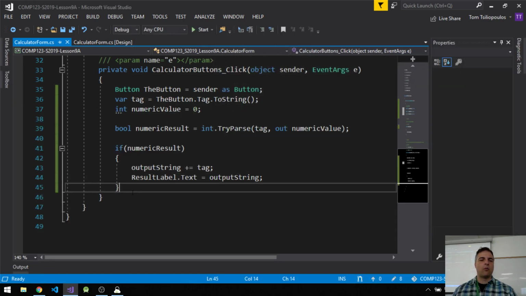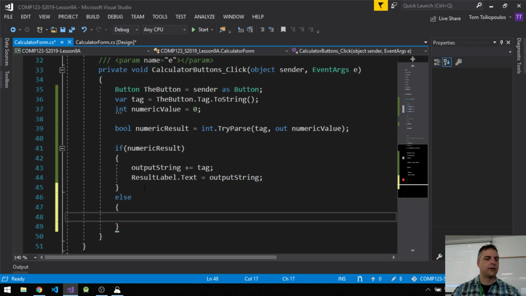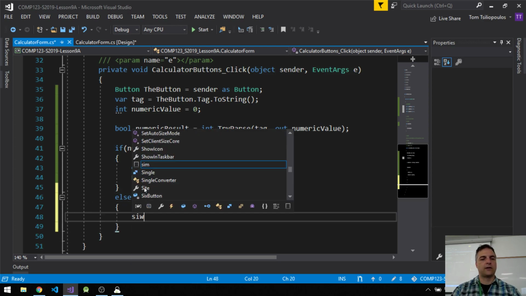First of all, I want to say that if I press a non-numeric button, there are going to be four different results, right? The done, the clear, the back, or the decimal. Does that make sense? Back, clear, done, and decimal. So let's do that. If it's not a numeric result, I can say else, then it's not a numeric result. I'm going to switch the tag,